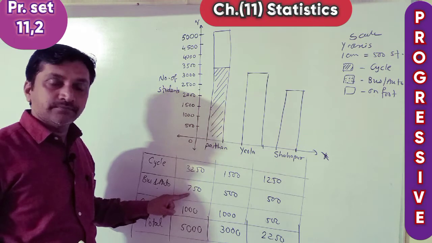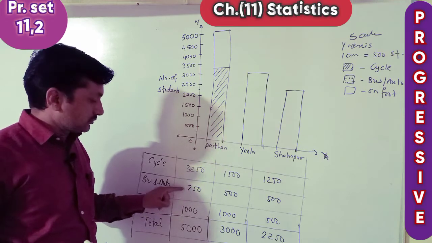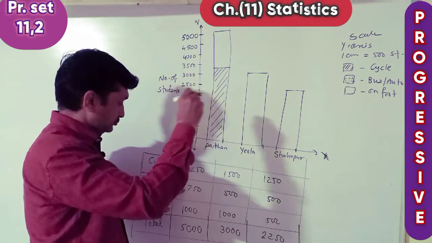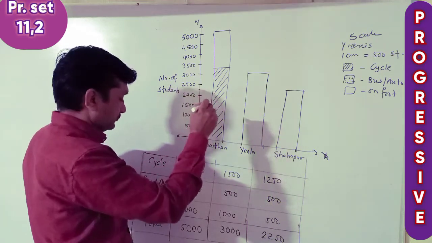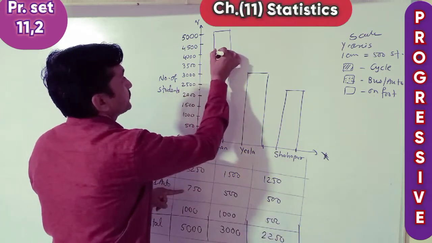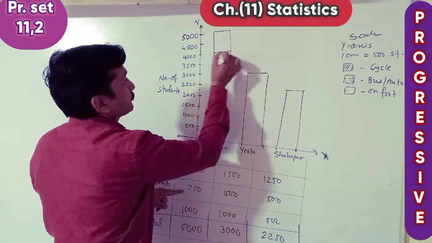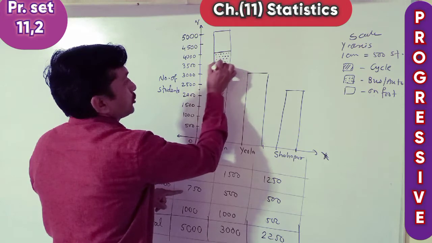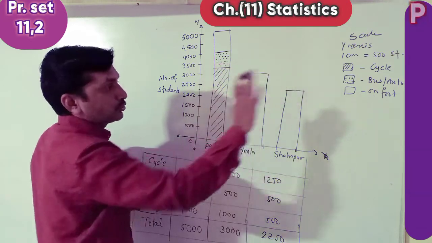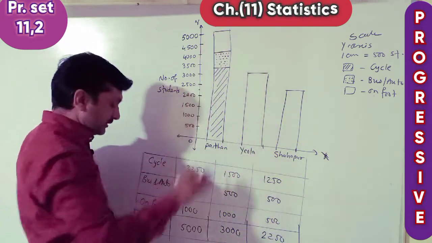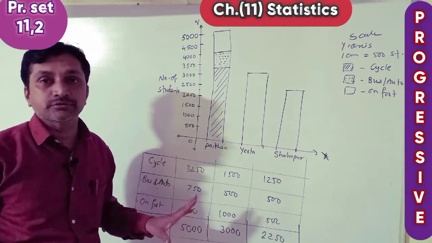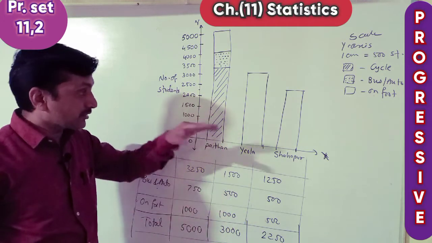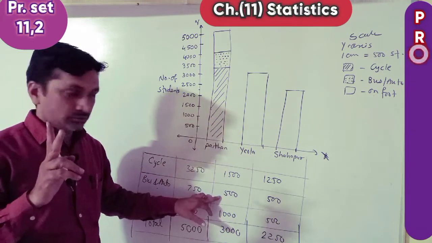That is 4,000. Okay, at 4,000 you have to mark it. 4,000 is here. You mark at 4,000 and show it by dotted. This part is on bus or auto, and blank will be remaining, means on foot 1,000. In this way, first you show the given number, second you mark at the addition of 2, and remaining third.